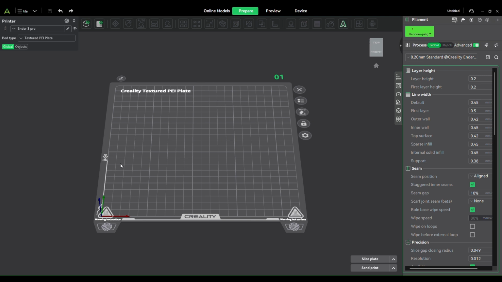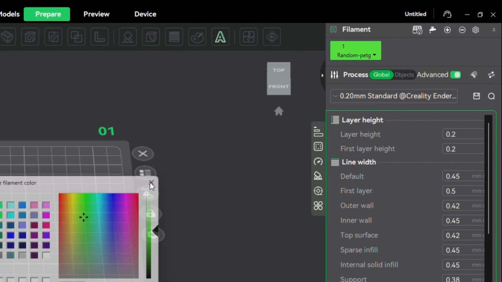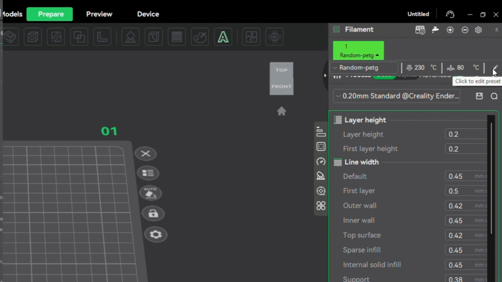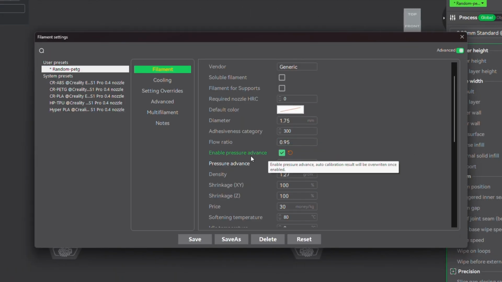You can improve print quality just with one setting. In Creality Print, it's pressure advance. In other software, it might be called linear advance, and you can change it here by enabling this feature and setting the value for